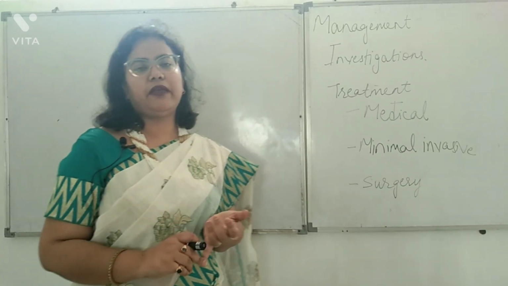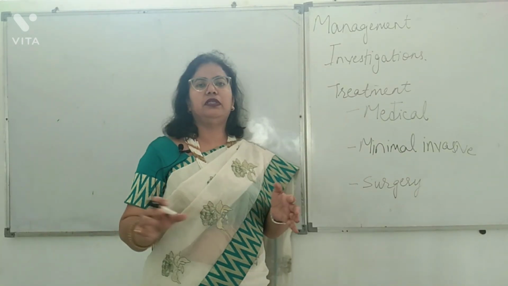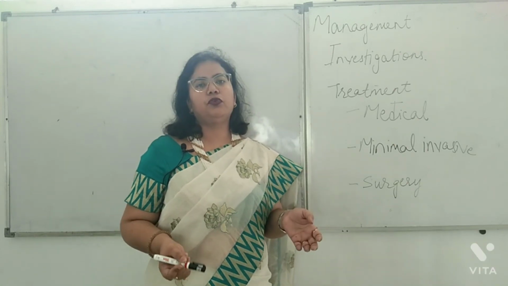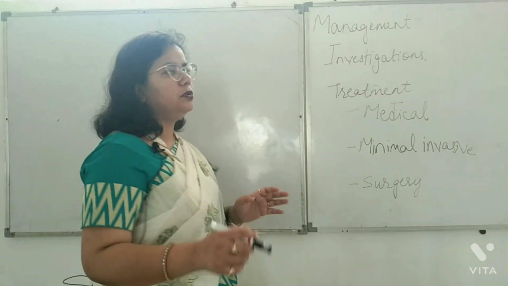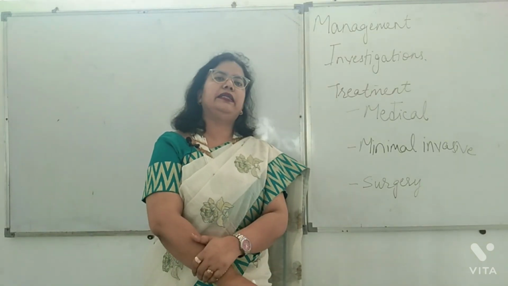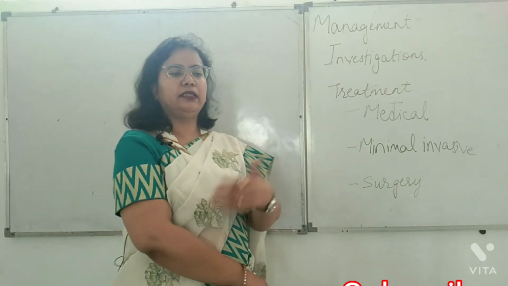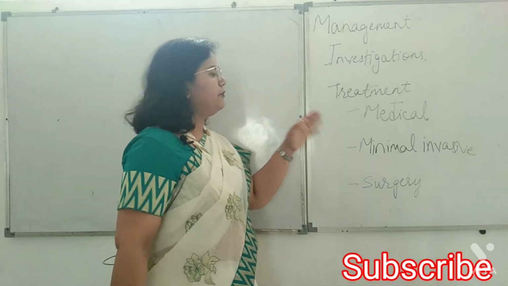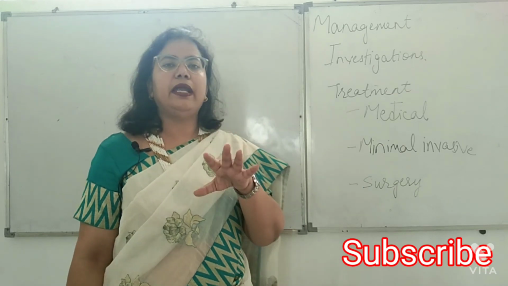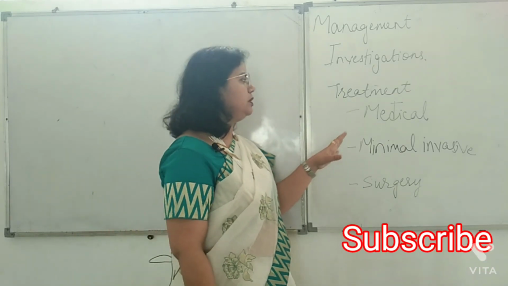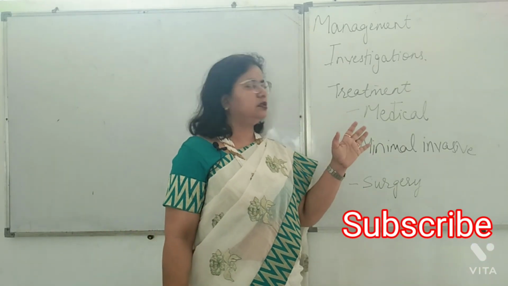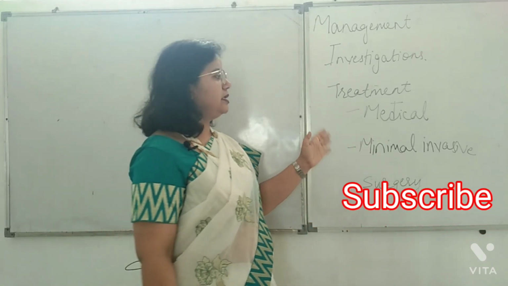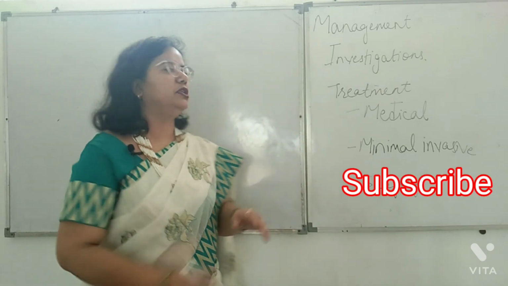Suppose a woman is having fibroid and she comes to you only with the complaint of menorrhagia or dysmenorrhea, then what you are supposed to do is put her on simple NSAIDs and tranexamic acid, either only NSAID or the tranexamic combination, and if her menorrhagia is relieved with that, then you assure her that this is the treatment you will continue during your periods: take tranexamic acid and mefenamic acid combination.